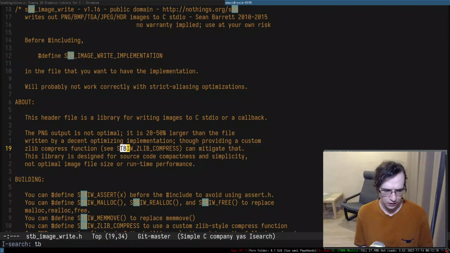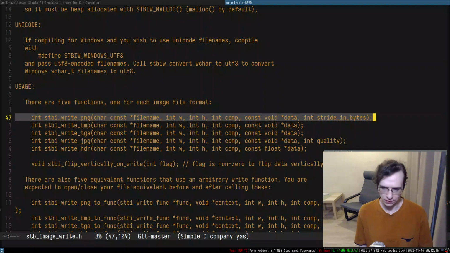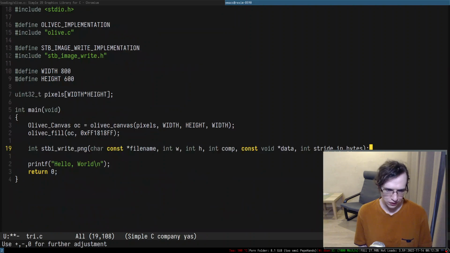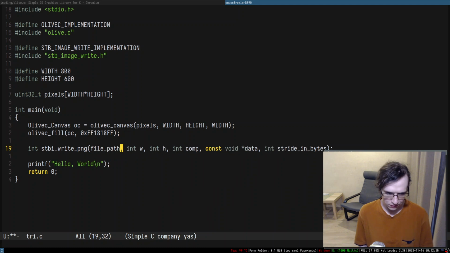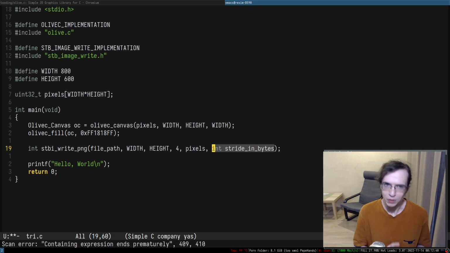And let me find stb image. I think it's called stbi_write, right, there you go. So after we generated a thing, we want to do what? File path, width, height. The amount of components per pixel is going to be 4, right? We have 32-bit pixels. The data is the pixels themselves, and the stride is basically the width, but in bytes,